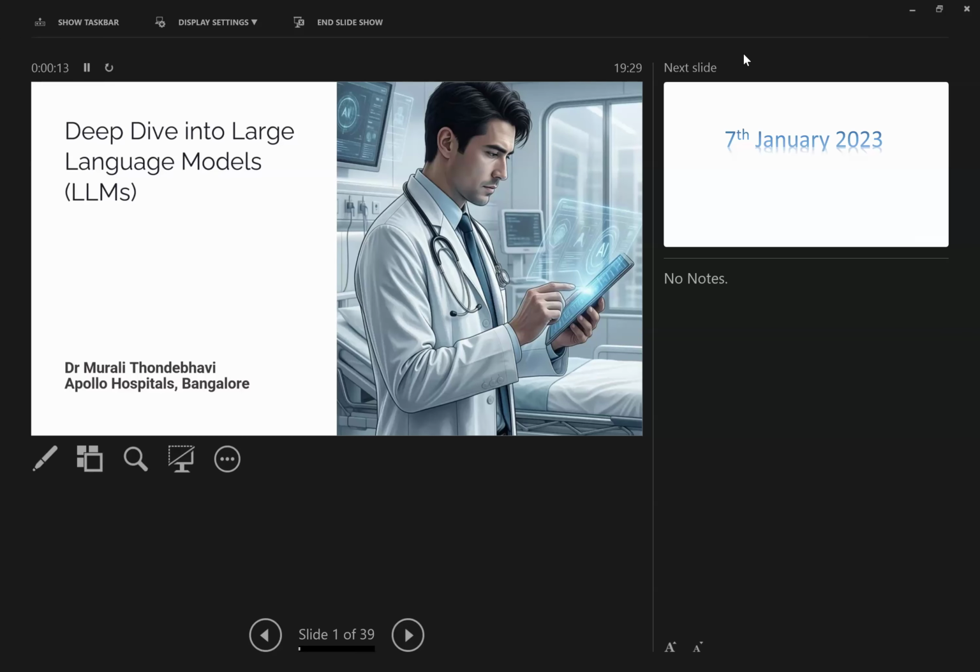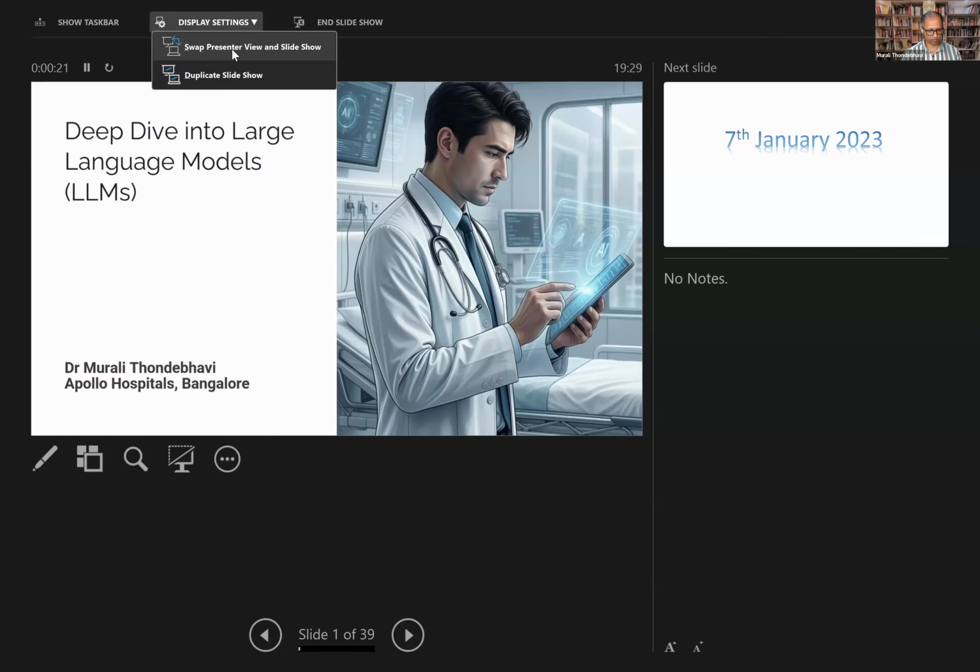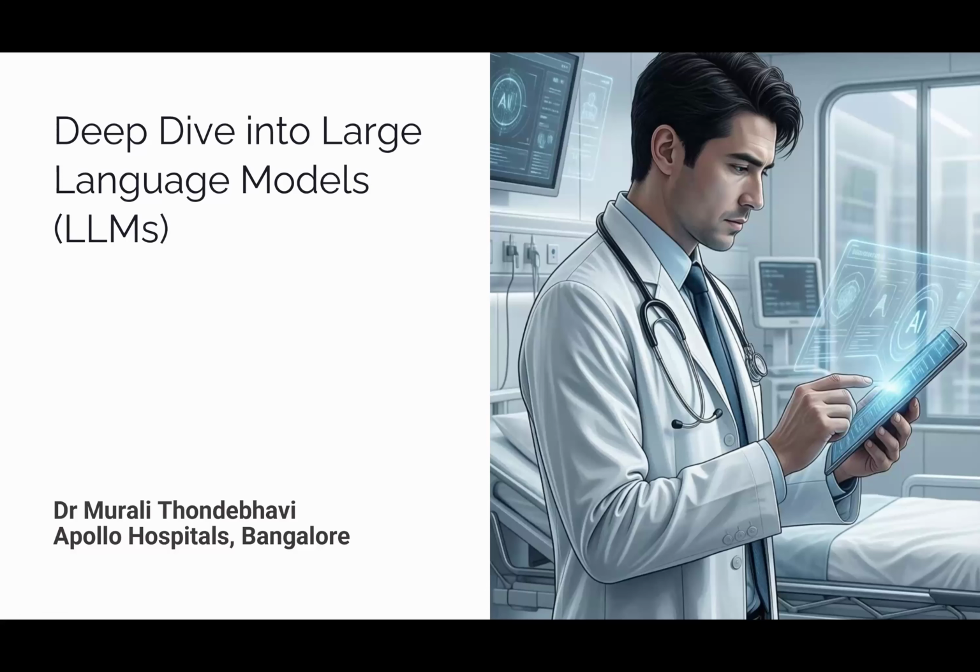Dr. Murali, can you make it a slideshow? Right now, we are getting a slideshow, but it's the presenter view. Okay, you're getting the presenter view there. Just switch it on. Yeah, now we're getting a slideshow. Thank you very much. Yeah, because I'm actually using two monitors, so that's probably the reason why it's taking it that way. Okay, this is better, right? Yeah, now it's perfect. You can go ahead.